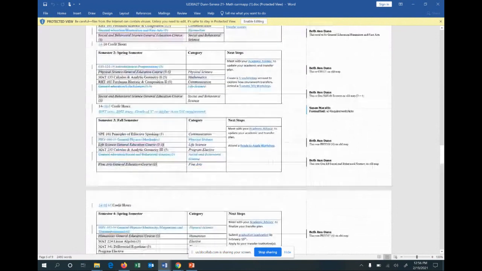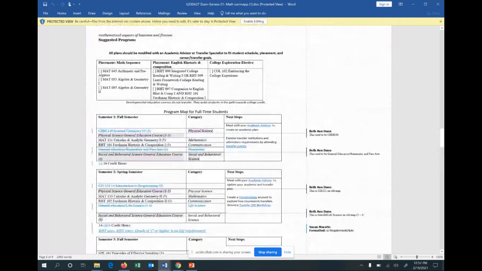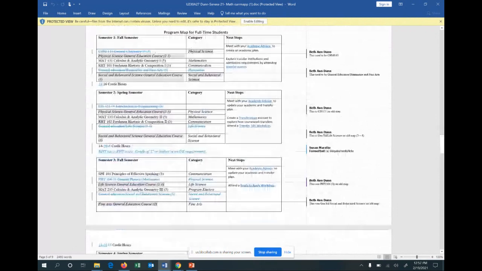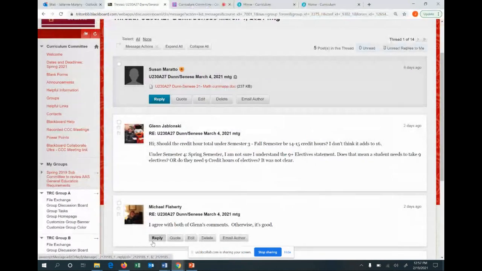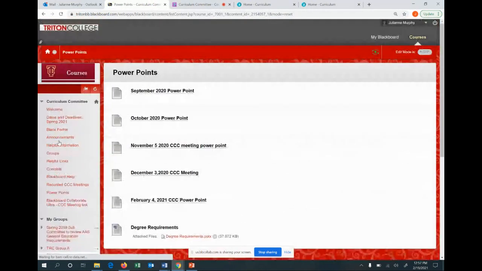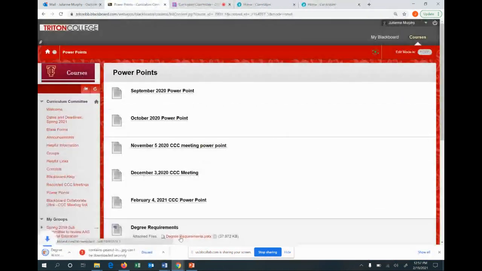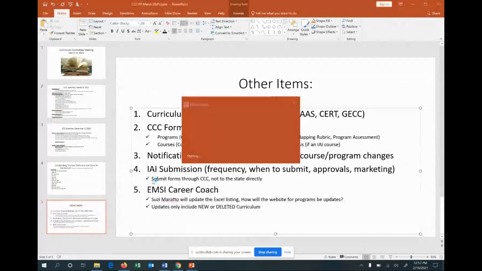So what I do when I'm looking at a curriculum, I want to ensure that all the requirements of a degree are being met. Now, I have that memorized. I know exactly how many communications, how many math, how many science, how many social behavioral science, how many fine arts, humanities, how many electives. But if you don't have that memorized yet, you could look in the catalog. Under PowerPoints, I have a cheat sheet here, degree requirements. And if you click on that, you could print this out